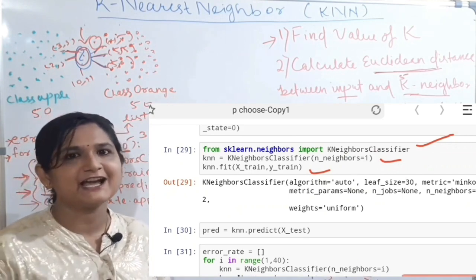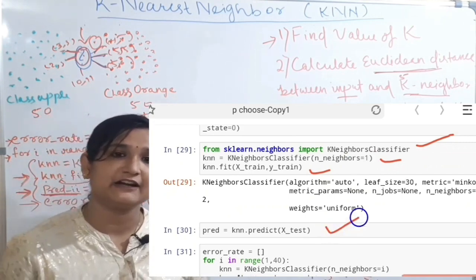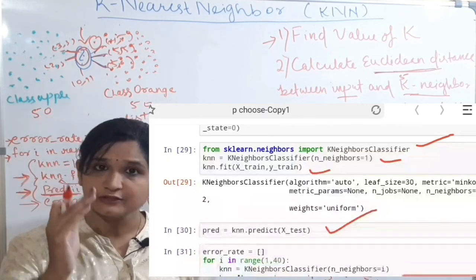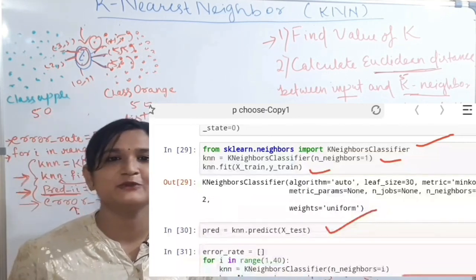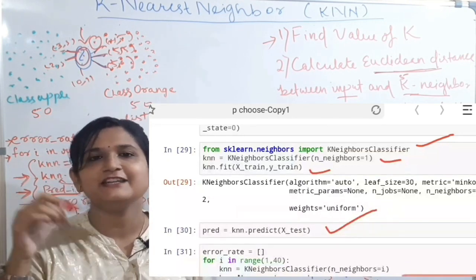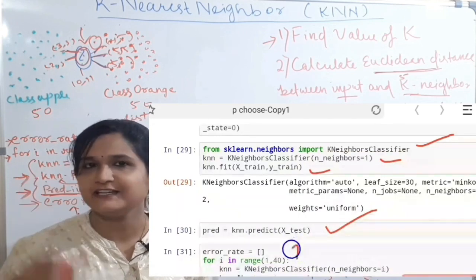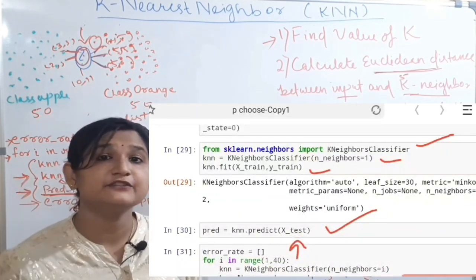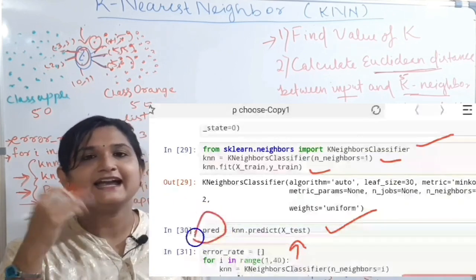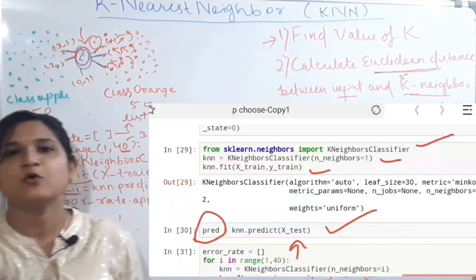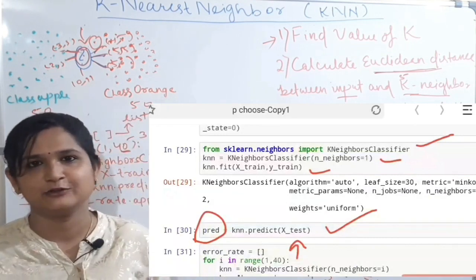After giving training, I have to see my prediction, that is, what my algo is predicting after training. So the next step is to predict the correct species. In the X test, we are inputting some petal length and sepal length, and the KNN algo has to predict which species the iris flower belongs to, and the prediction will be kept in your pred variable. So this is the whole KNN algorithm.